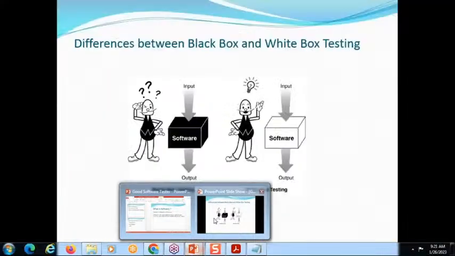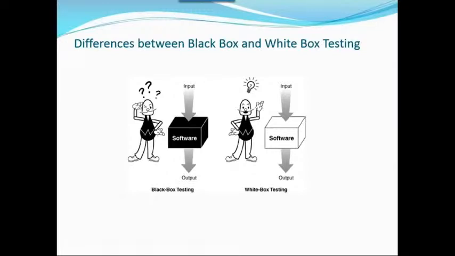This is one of the most important points. The testing team always depends on requirements and functionality. Is it clear? We never depend on the code. We don't know the code. If we depended on the code, we could write the code and do all the things, but we never depend on the code. We just give the input as per the given requirement and we check that output. We need to check whether that output is correct or not. That is what we need to do. So the black box testers always depend on requirements and functionality.